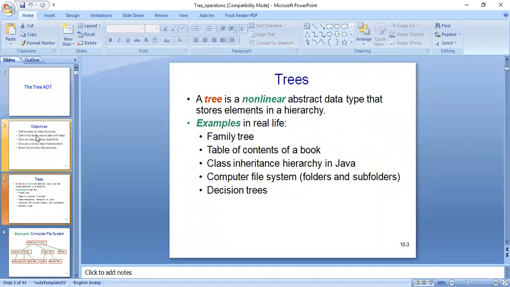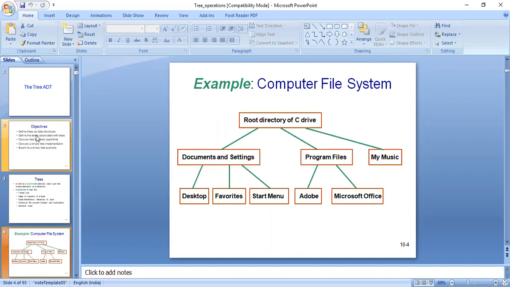We had discussed in detail in our previous sessions what a tree actually is. As we know, a tree is a non-linear abstract data type that stores elements in hierarchical form. It can be any kind of hierarchy like this. This is again a tree. We must have a root node, then we have the parent nodes and child nodes or the leaf nodes. We can have multiple child nodes for any parent node.